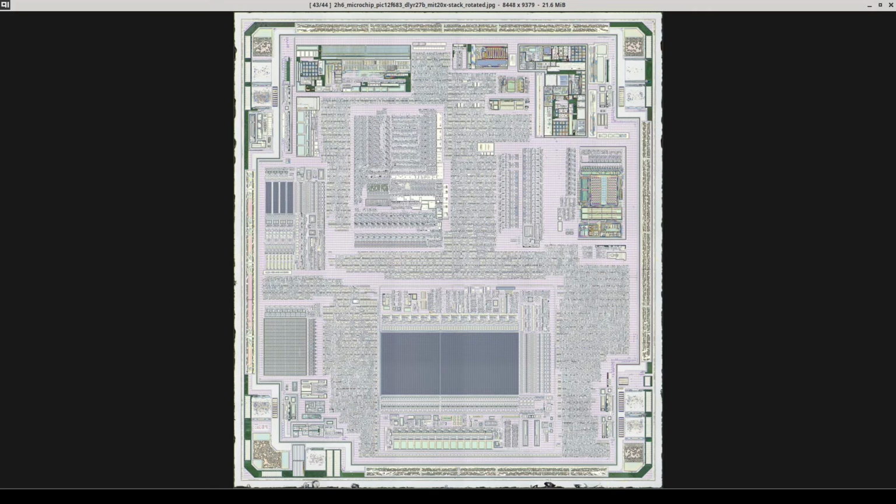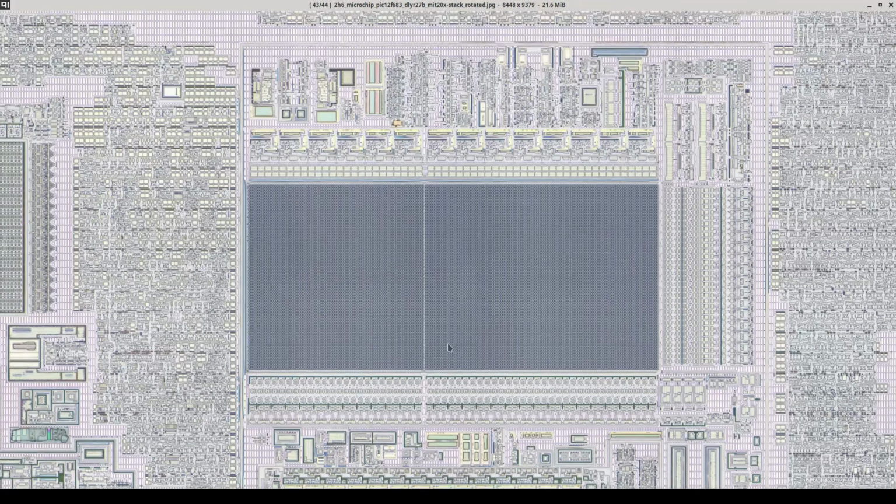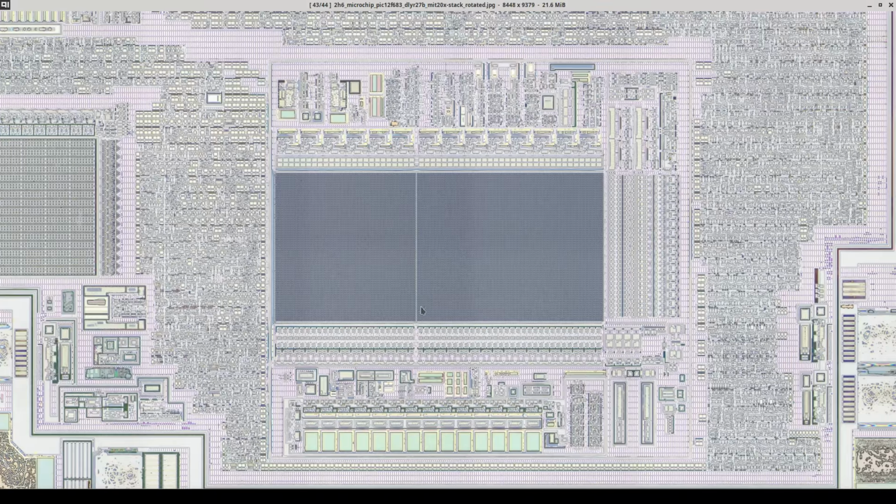The poly is still present in spots, contacts are gone, all of the upper metal layers are gone, and we get a really good understanding of how the device is laid out. Starting somewhat arbitrarily with the bottom center, there's an obvious memory array with some analog circuitry around it. Zooming in a little bit, we can see 14 large capacitors near the bottom, some analog circuitry here, and 14